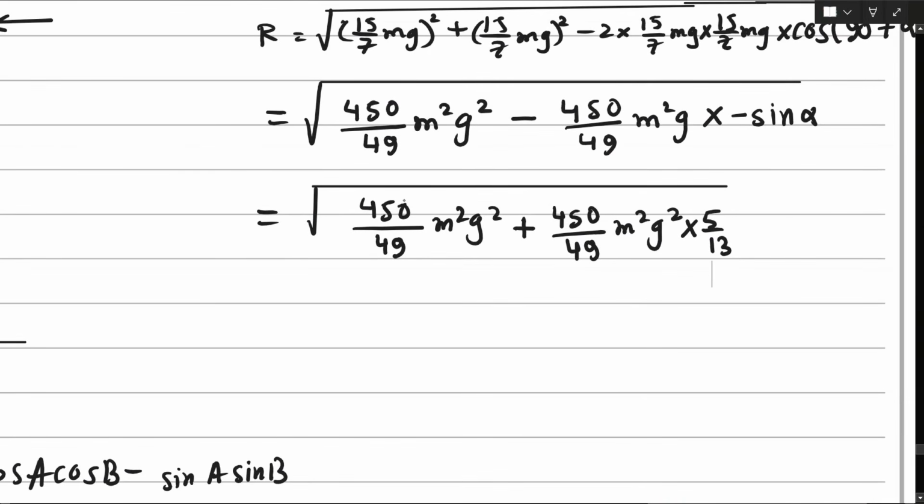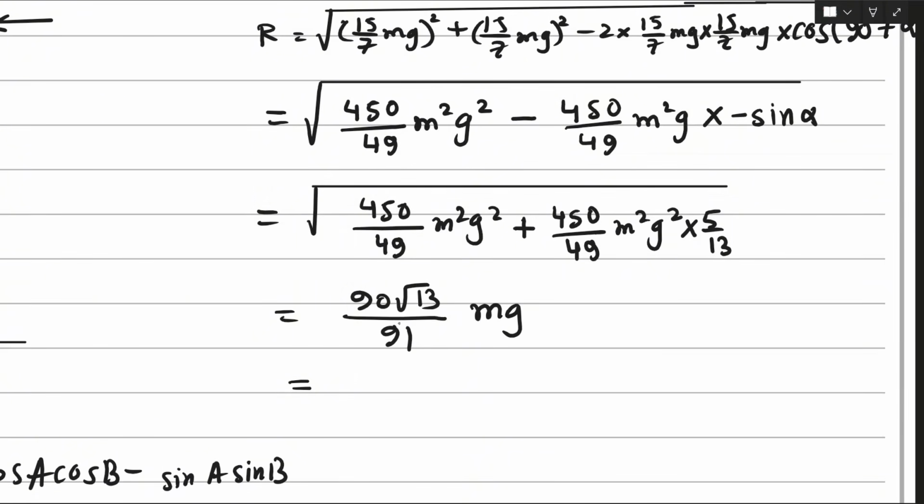So now upon simplifying this further, this gives us a value of 90 root 13 divided by 91 into m and g. The root on the m square and g square term simplifies to mg. So we have this here as such,